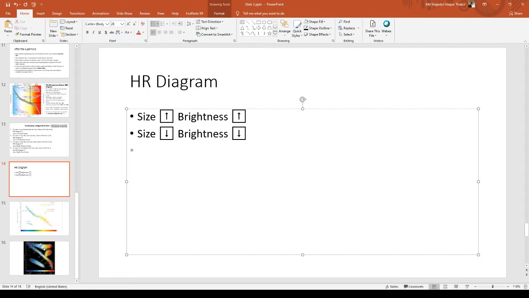Another thing is, high temperature usually means, not always, usually means